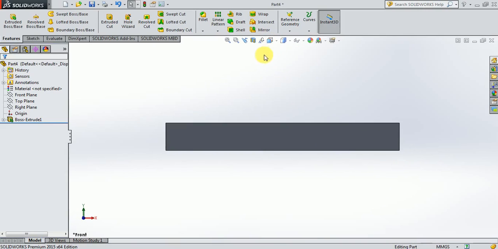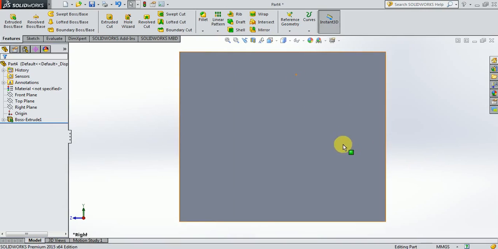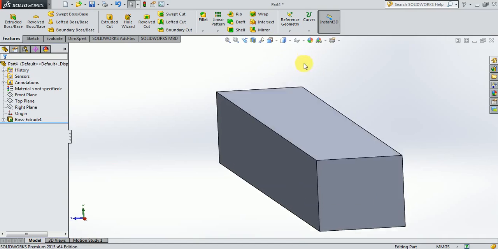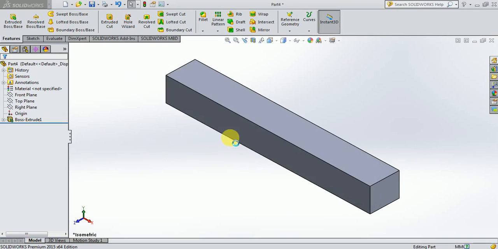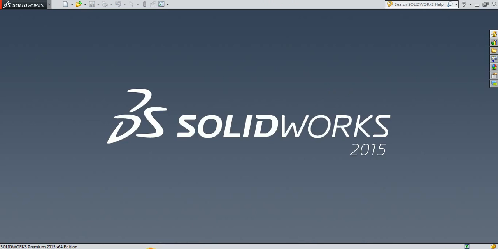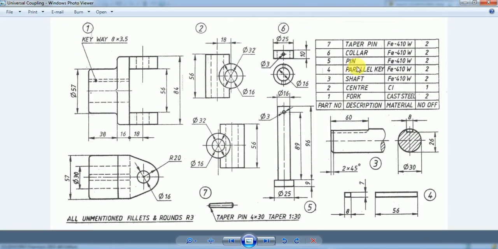This is its front view, and this is going to be its right side view. Is that clear? So this is matching with the orthographic views given in the part drawing sheet. I'm going to save this as parallel key. Which is the next part now? It's the time for modeling the next part, that is